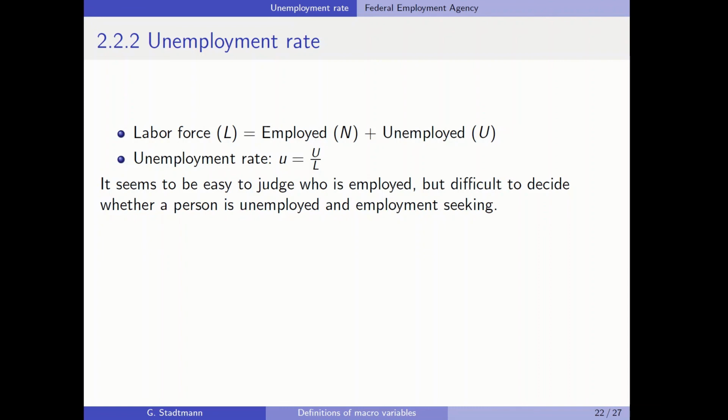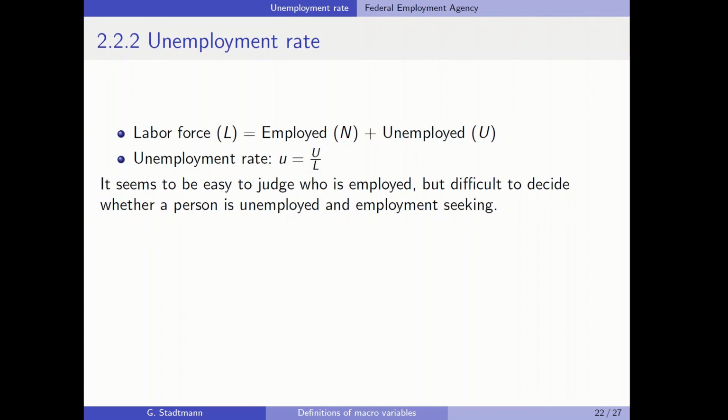Now I would like to talk about the third important macroeconomic variable, the unemployment rate. First of all, let's clarify some terms. The labor force L consists of employed people N and unemployed people U. The unemployment rate is calculated in the following way: the unemployment rate u is equal to the number of people who are unemployed U divided by the labor force